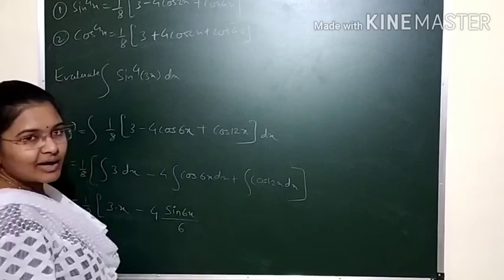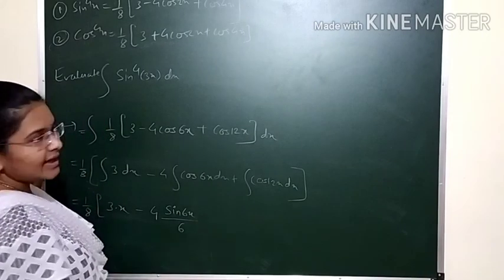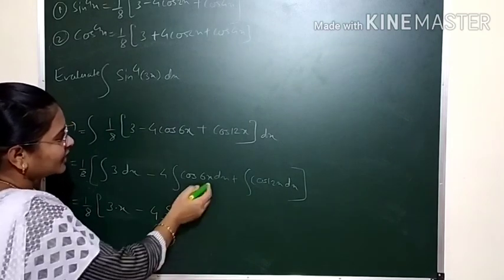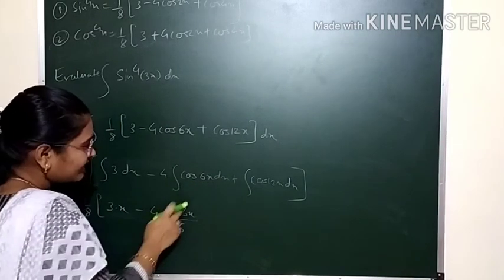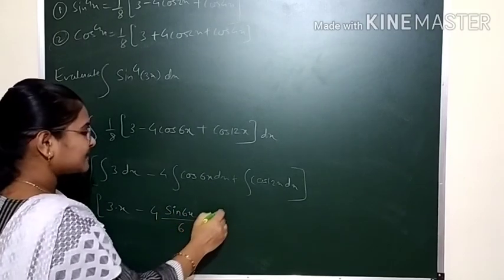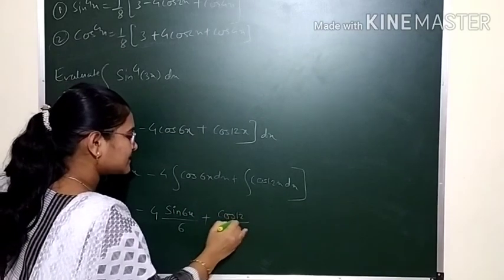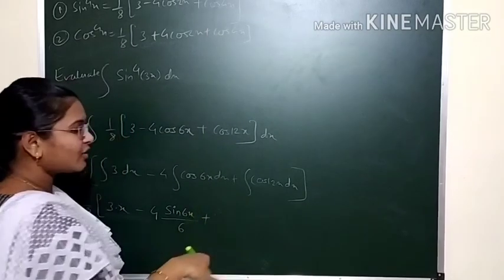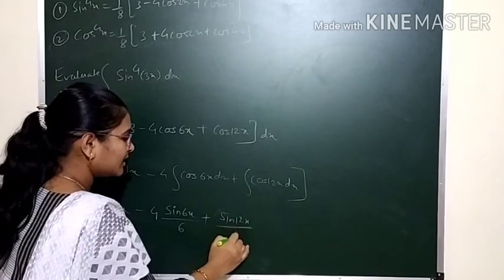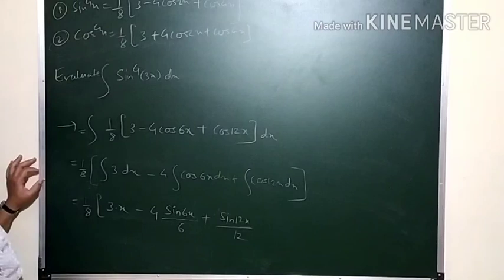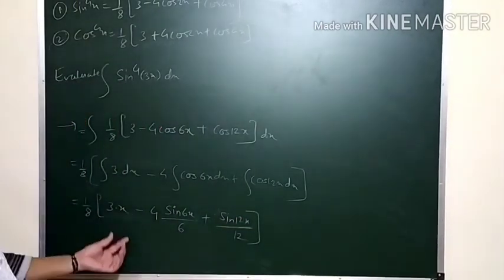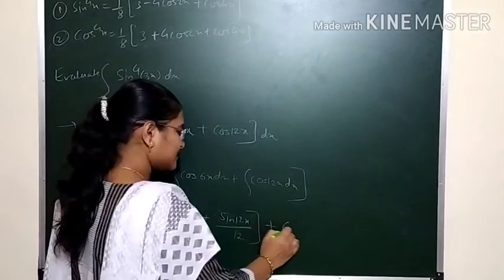Now how has this 6 come? N number of questions you are solving on this, and then also you are asking the same doubts. So student, here 6 is the derivative of 6x. Getting it? Sine 6x upon 6 plus, sorry, the integration of cos 12x is again sine of 12x upon 12. Getting it? Any doubt? So see this properly and solve. So it will be plus constant of integration.